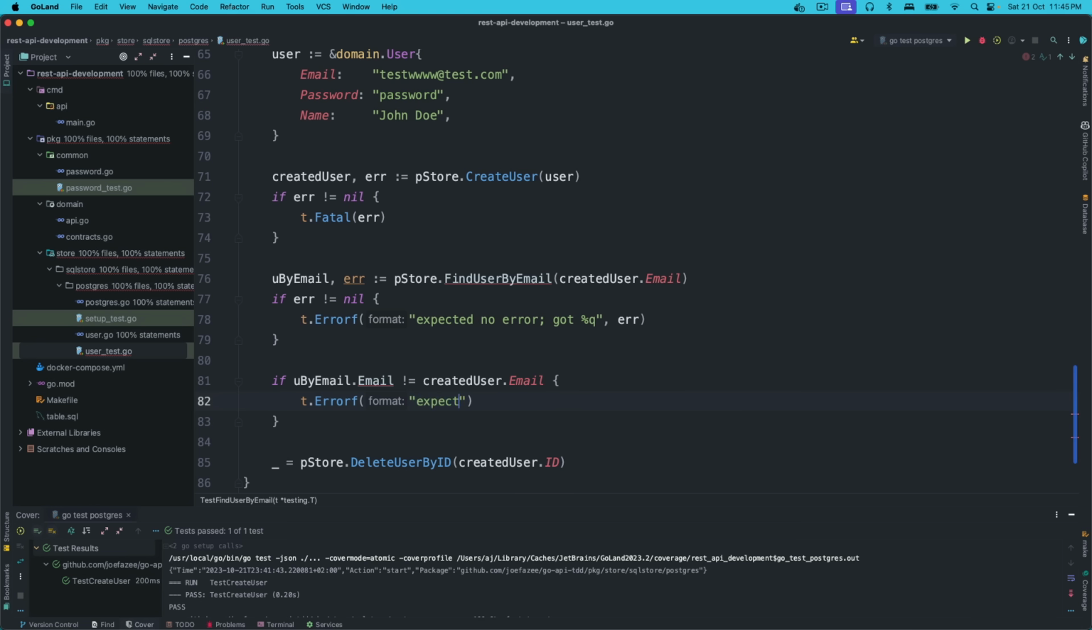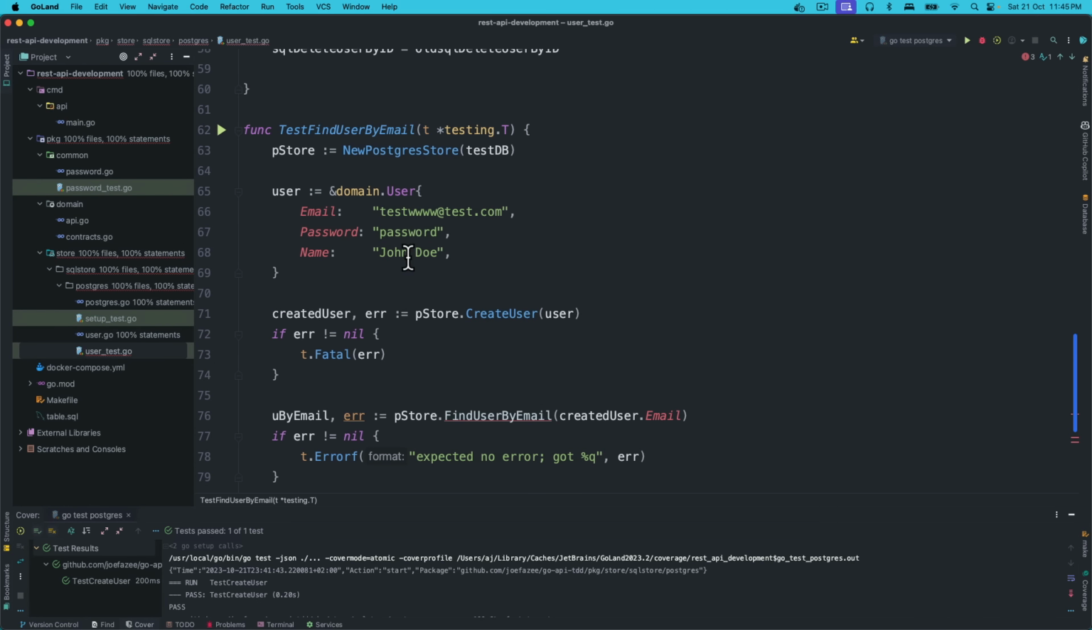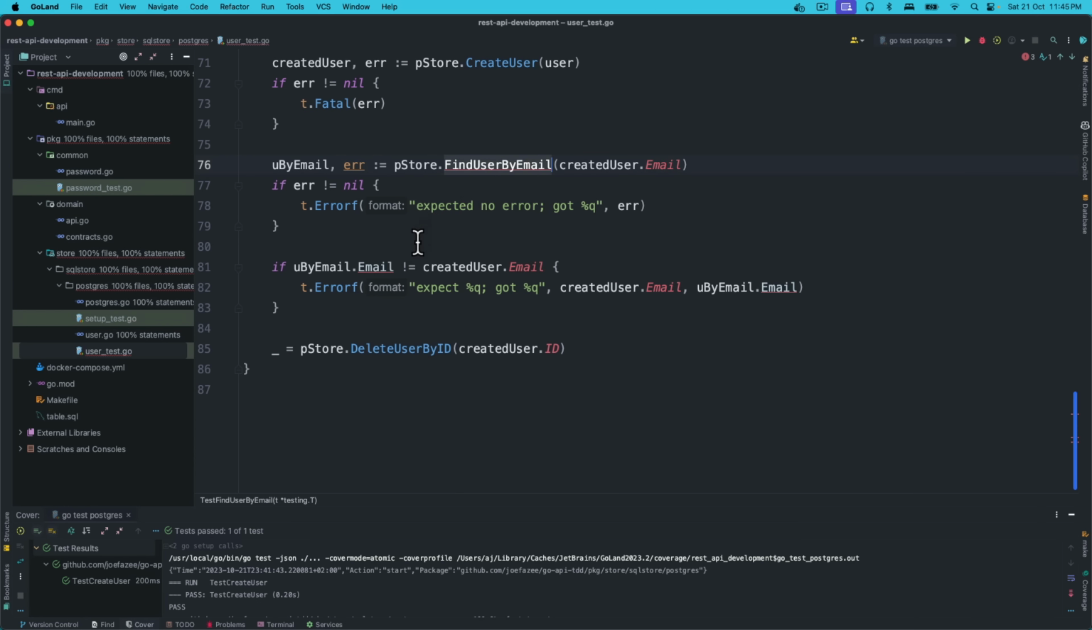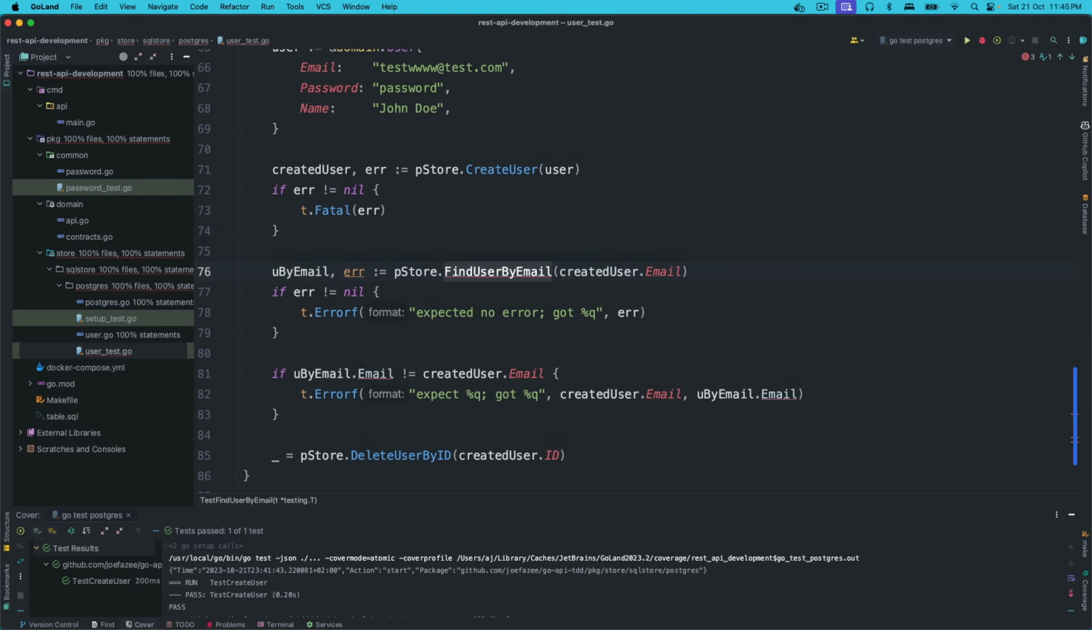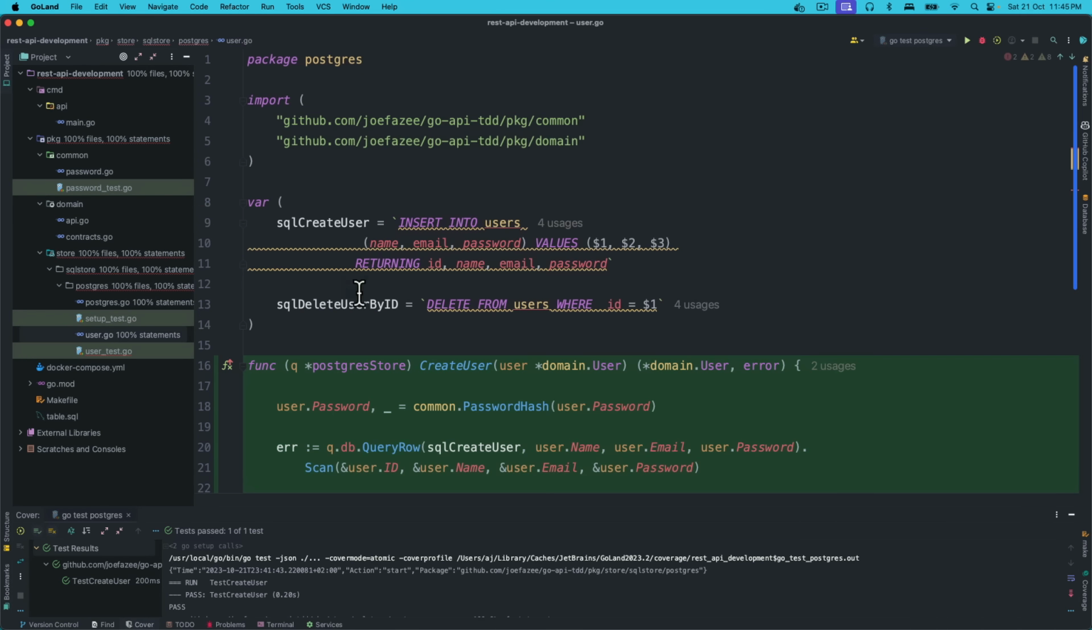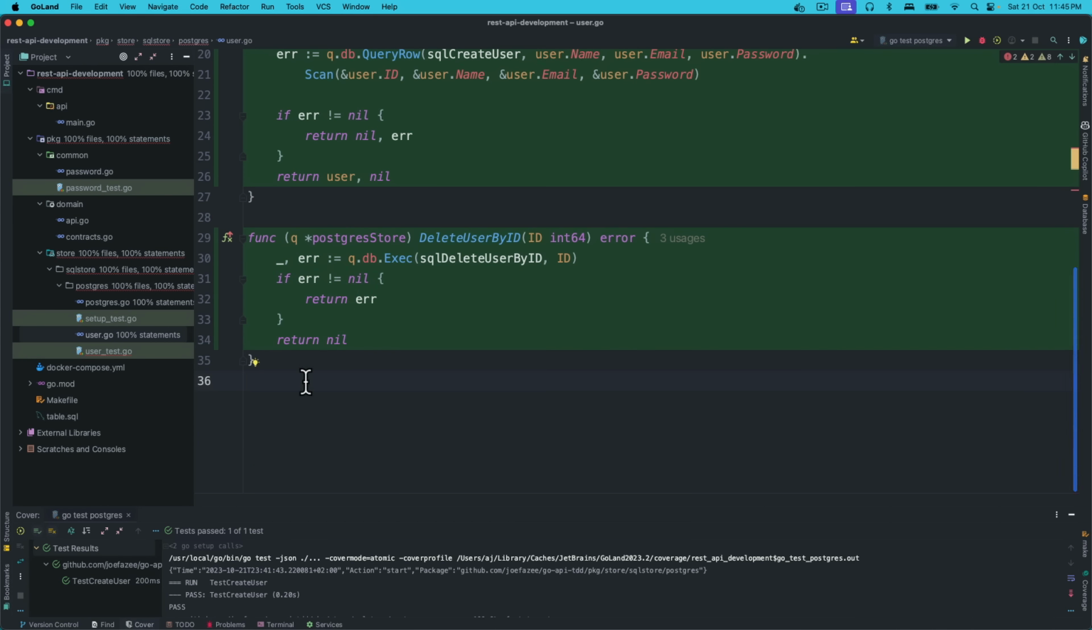Expect, got this one, then well, this is what we got. Of course, by running this now, it's going to fail. We can see clearly that this is going to fail because we don't have the method. So let's go and add it right away. I'm going to say function